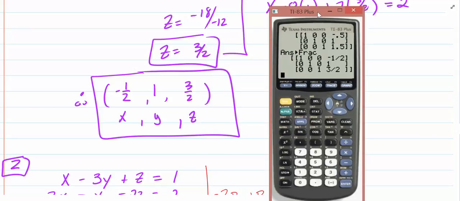So if we do this on the calculator, do we have to show the work? Okay, the question that every student has. Well, now that I can do the calculator, do I have to show the work? And the answer is yes. You have to show the work, okay? This is just a check if